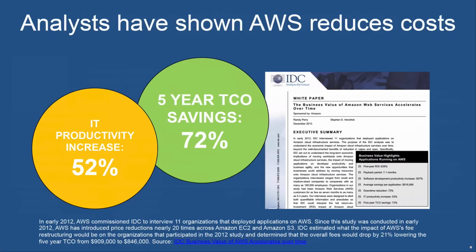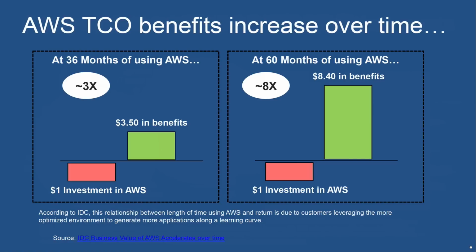One of the best points of external validation is this AWS commissioned IDC research, where IDC did a TCO study on behalf of AWS. And if you follow the link at the bottom of the slide here, which you can of course access if you download the materials after the session, you can read a lot more about the detail of how that study was conducted and what its findings were. But in essence, 72% 5-year TCO savings were the average identified across the large organizations that were sampled for that particular piece of research. So it's well worth checking that out.